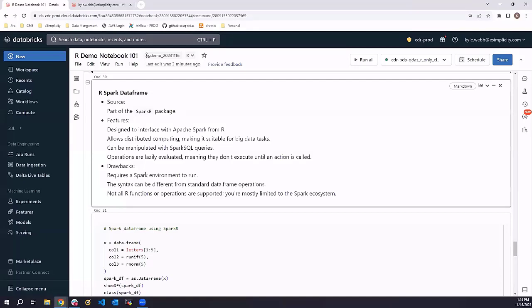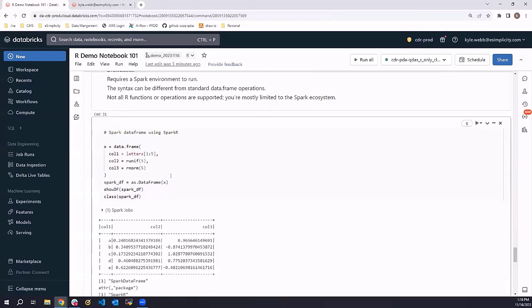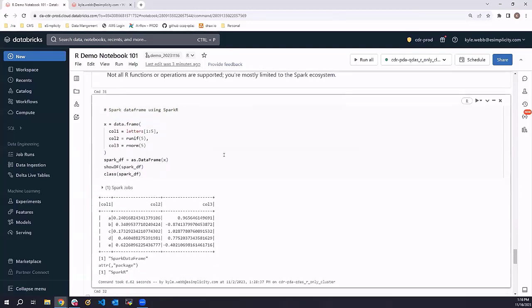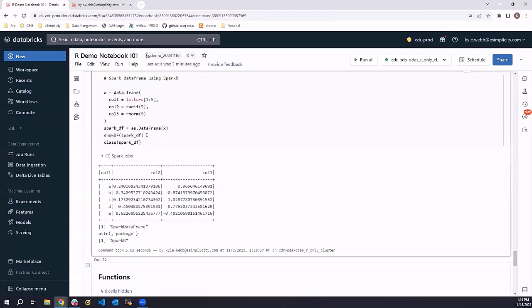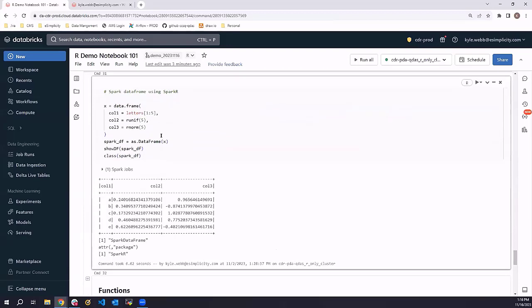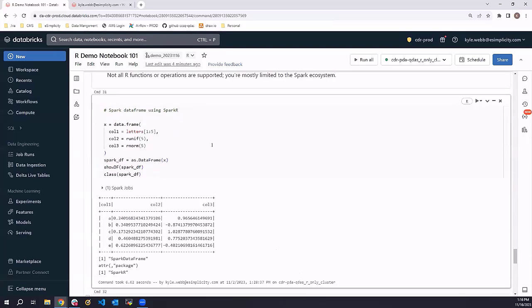And this requires a Spark environment to run. So we can actually create a Spark data frame in R if we wanted to. The one thing with Spark data frames, and maybe you wouldn't want to use them for such a small subset of data like this, is that it's just not as easy to use